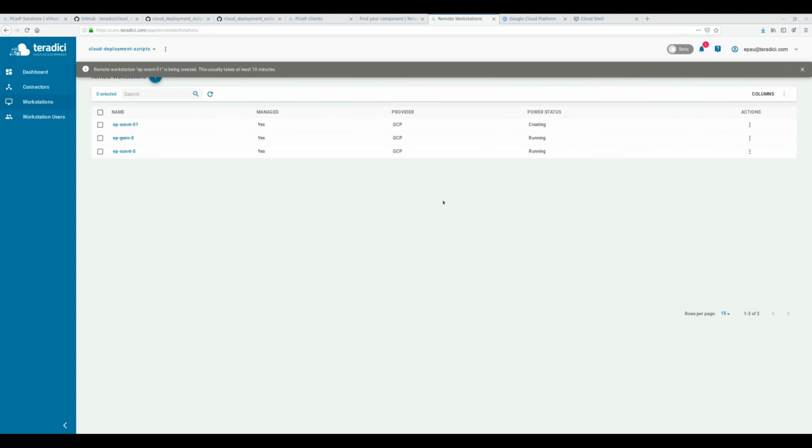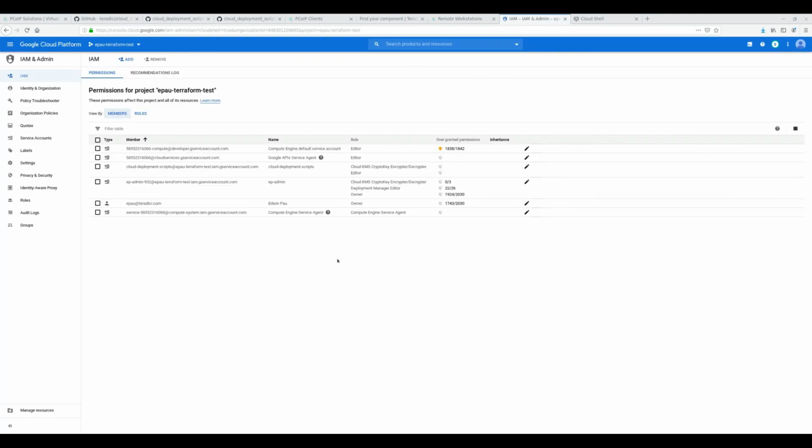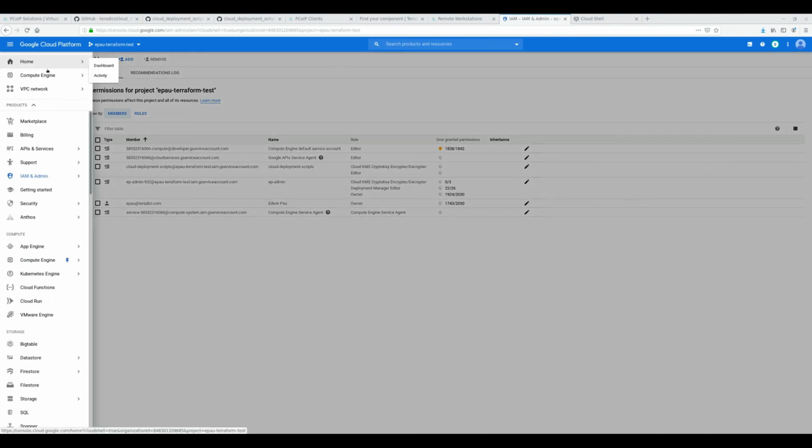This process may take up to 10 minutes, and you can see the power status shows that it is creating. So we'll come back once this is complete. While that machine is provisioning, we can head into the GCP console here, and under the Navigation menu, Compute Engine